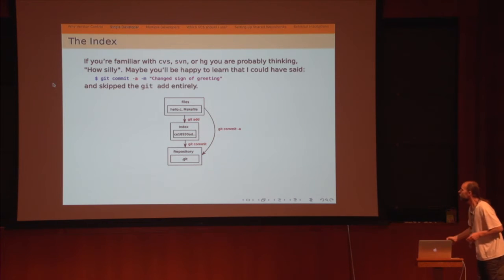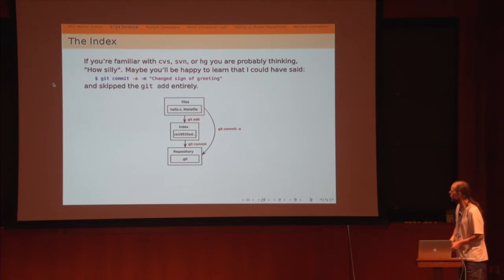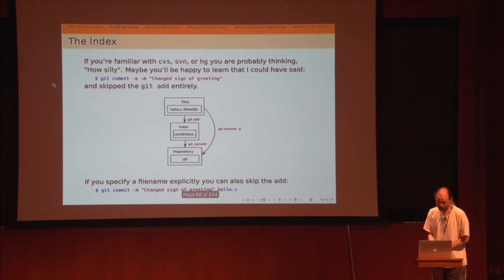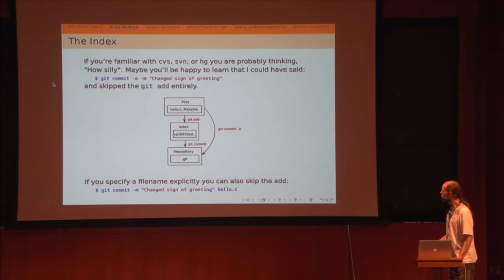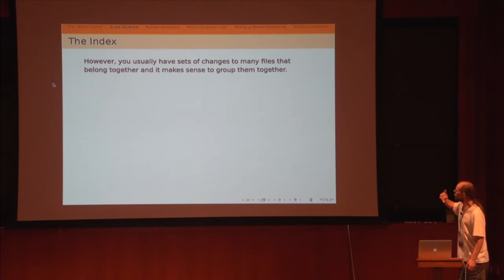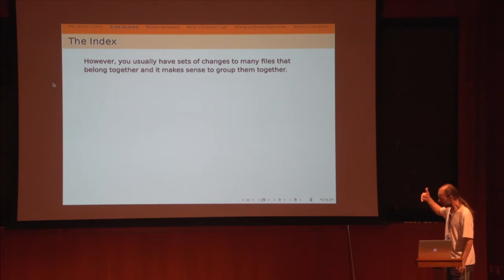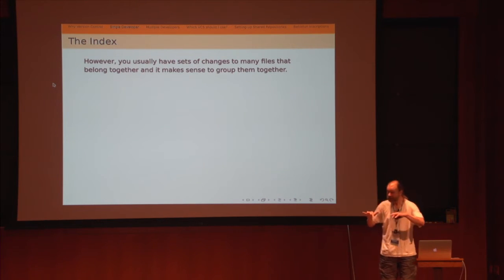Okay, so here's what's going on. git add takes files from here and puts them in the index. git commit takes you down from the index into the repo, and then there's an arrow that skips the middle thing altogether, git commit -a. And in fact, you didn't even need to do that, because if I specify a single file, Git is clever enough to say, let me think, I bet they wanted to add that one, then commit it. And it does, so it just goes straight through. However, usually you've got lots of files, changes in many files that belong together. You change your .h file, you change the .cc files, maybe you change the tests, they all go together.